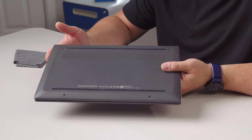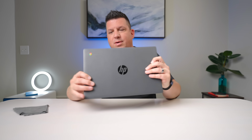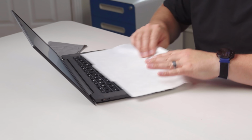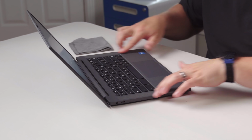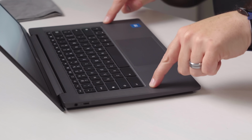But nice and grippy. Plastic top and bottom, obviously. On the bottom, we've got fan ports. Maybe we're going to get some upward firing speakers here. Let's check this thing out. Let's open this guy up. I did see on the outside of the box, 250 nit screen. Oh, same texture on the inside too. Hopefully you all can see that. So yeah, I kind of dig that. I mean, if you're going to go plastic, get creative. Why not? But yeah, upward firing speakers here. So we'll give those a test and see how they sound. We'll have to get signed in here, but